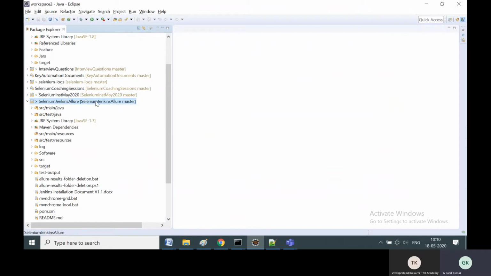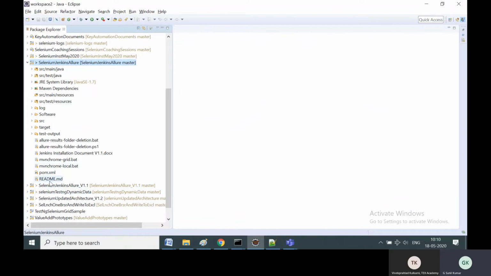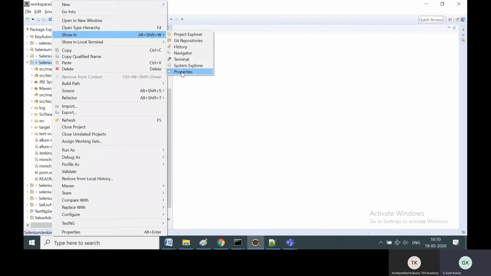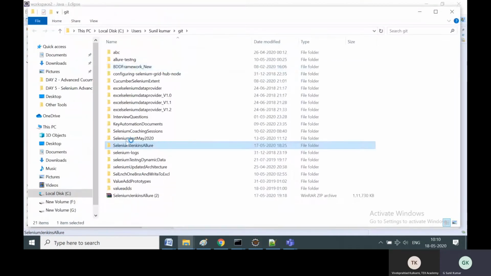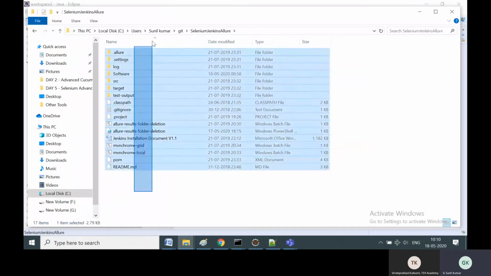So firstly, if you import the Selenium Jenkins Allure repository, it will look like this, just with that README file, but these files will be absent because we have not committed anything. So then you can right click, show in System Explorer, and you can copy and paste the contents of this whole project.